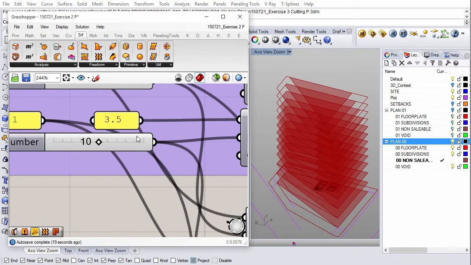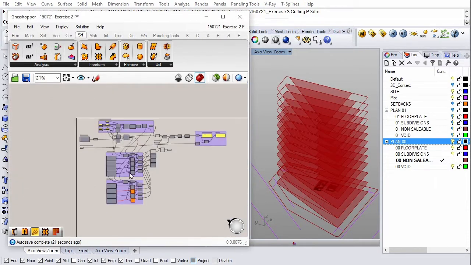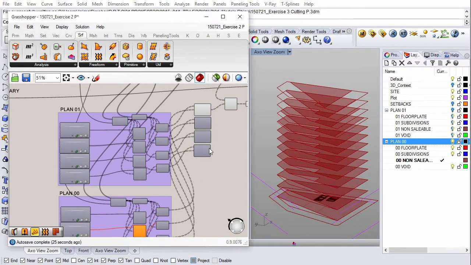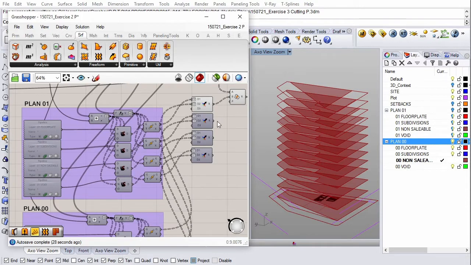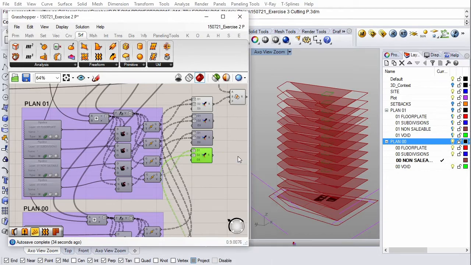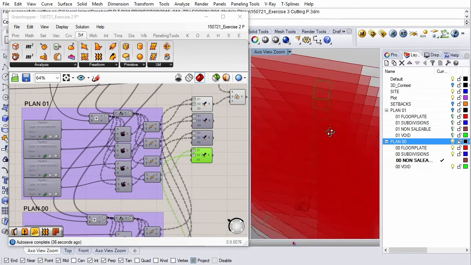Now what we want to do is insert the void, which we had drawn, into this. So our voids were only on the residential floors in this position.